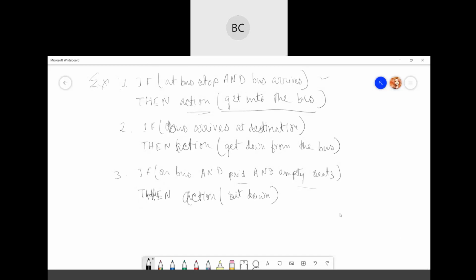Okay, so what will be the advantage of this type of production rules? First thing is that we can express this type of knowledge representation using our natural language, right? It's just like the English language. Then these production rules are highly modular.